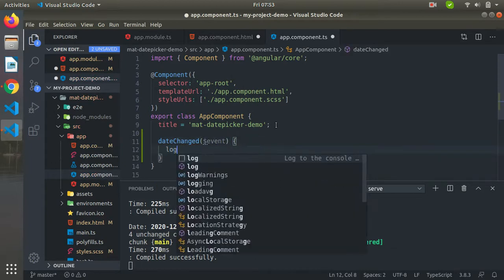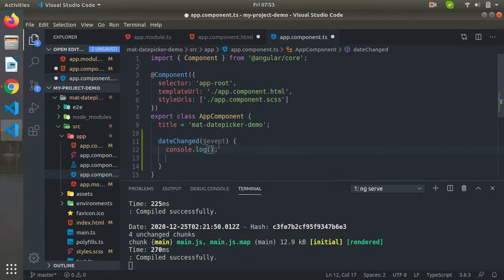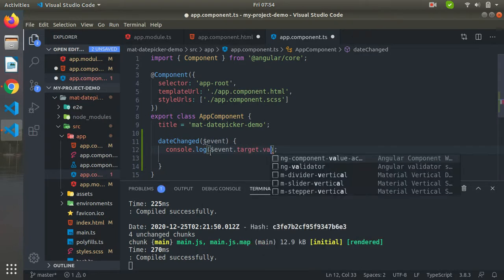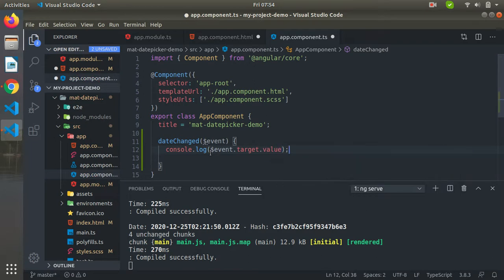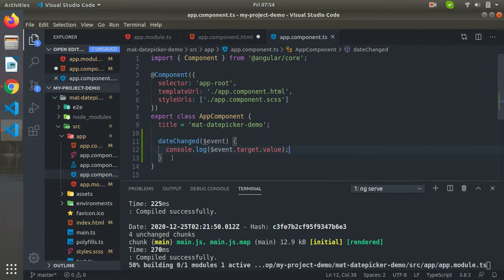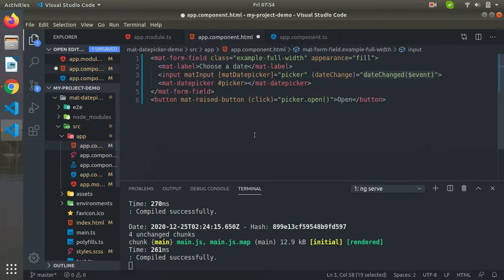Now I'm simply logging this $event.target.value. Now we can get the selected values into our TS file by doing these simple steps.